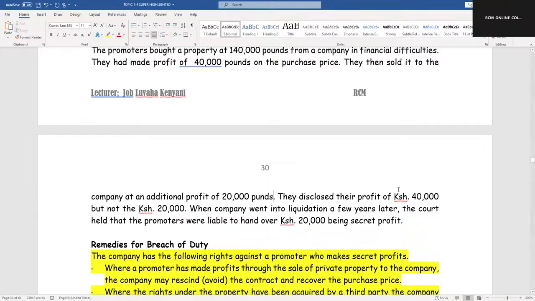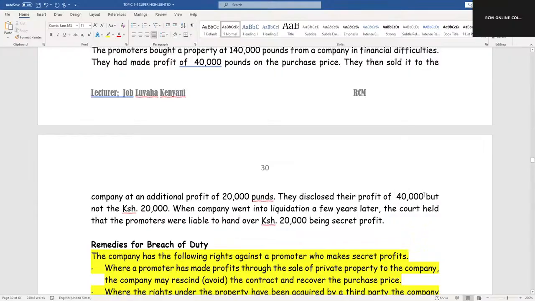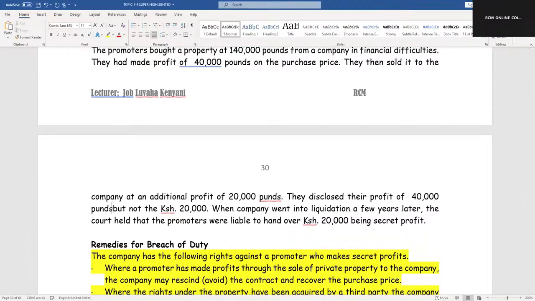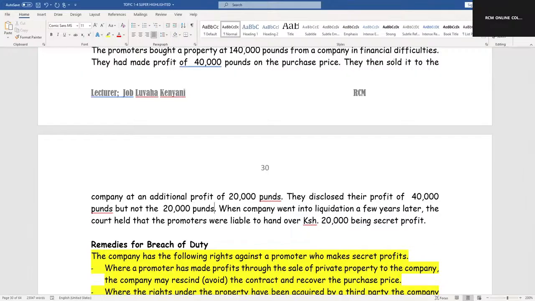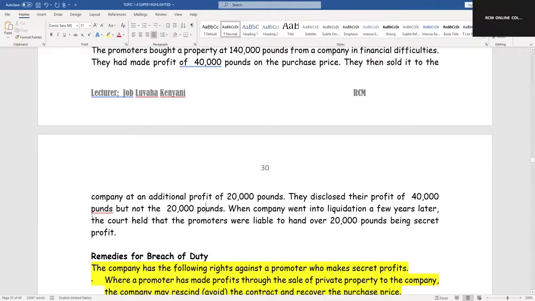They disclosed their initial profit of 40,000 pounds. But they did not disclose the profit of 20,000 pounds, and therefore this was taken to be a secret profit. They never disclosed this 20,000 pounds. So when the company went into liquidation a few years later, the court held that the promoters were liable to hand over the 20,000 pounds, which was a secret profit. So they failed on their duty of acting with